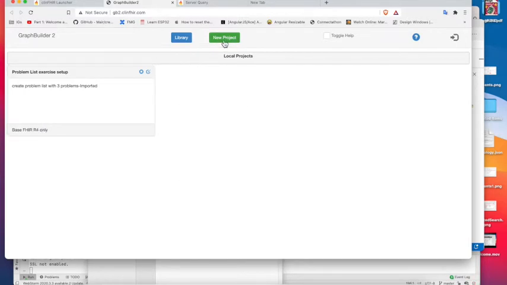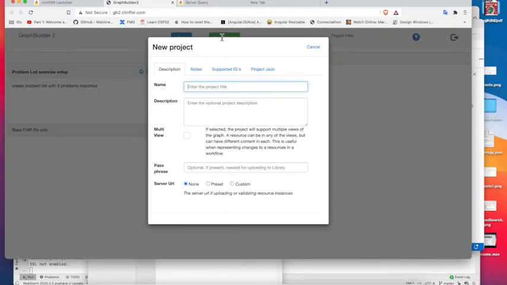So to do that, we click on the new project, we enter a name, we can indicate whether or not this project has got multiple views. We'll leave that empty at the moment. We can also indicate if a passphrase is needed for uploading to the library. Again, we'll leave that. But what we will do is we will say that our project has got a server